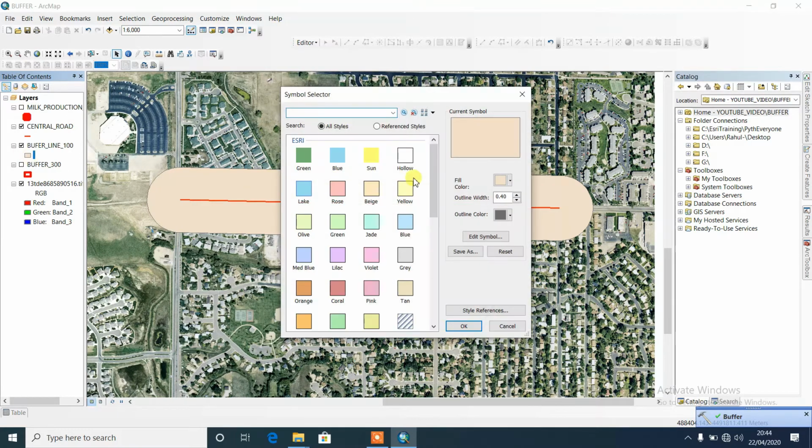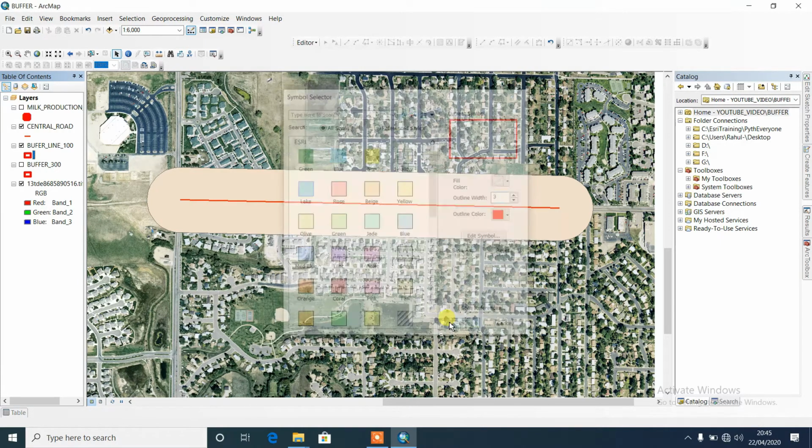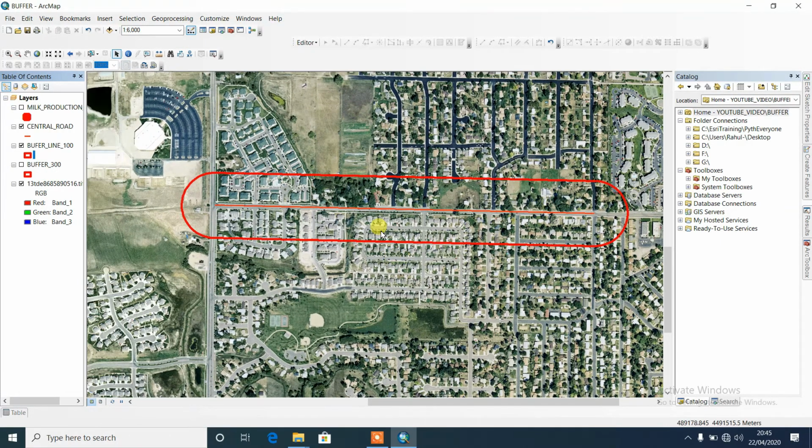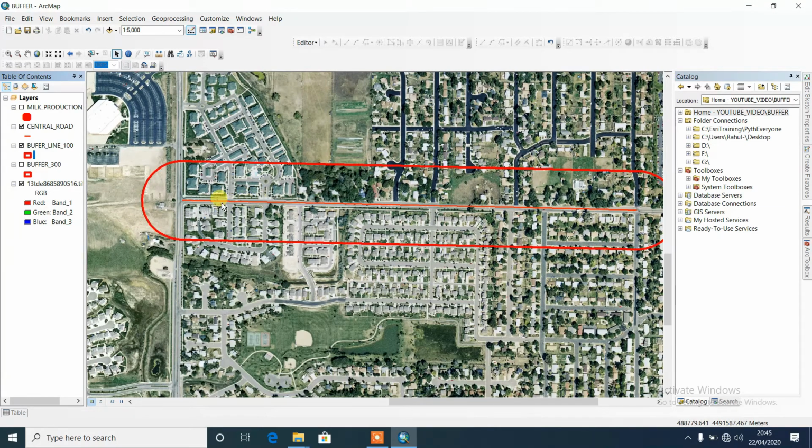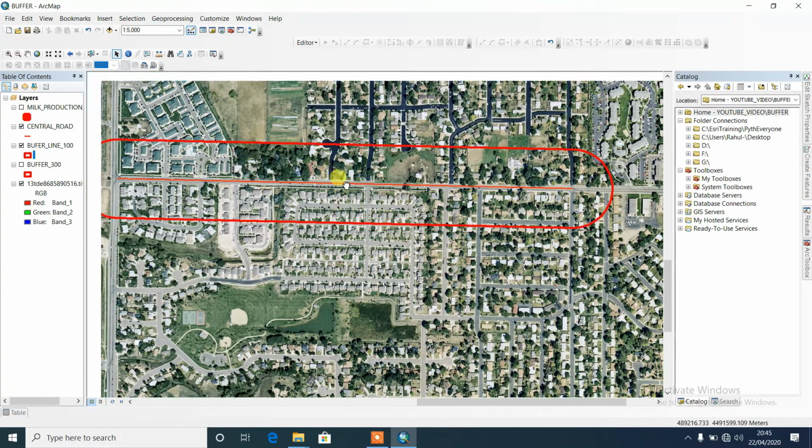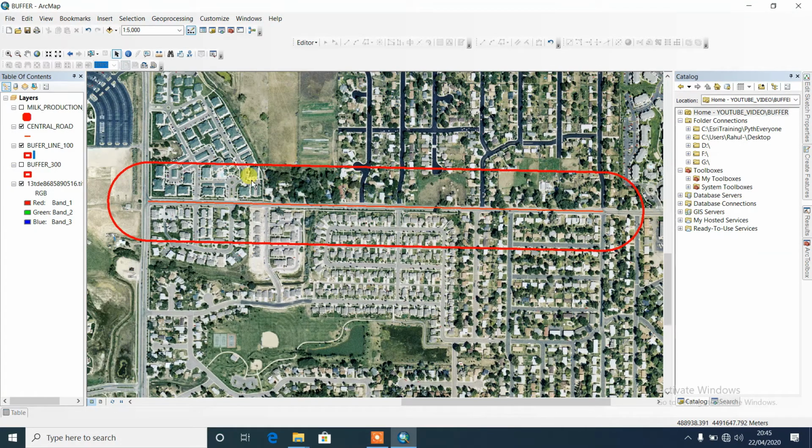For better understanding, we change the symbology. Here the color is changed, so okay. So from this road, those buildings within this area can be affected by the noise, and they travel everywhere with that noise effect every day.